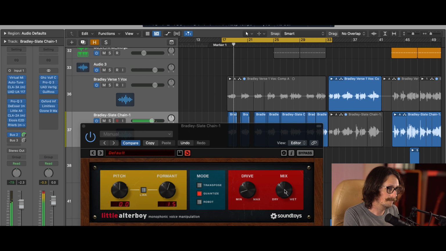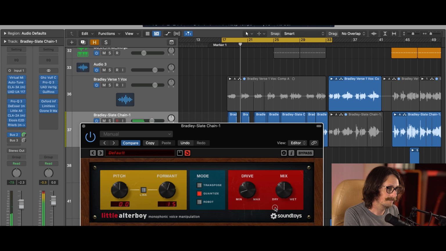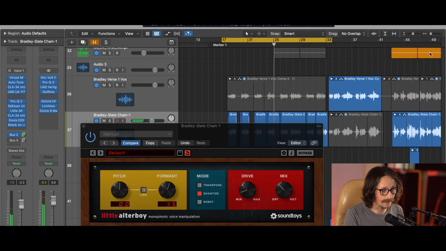Another night on the town, hand in hand all alone, right down the boulevard, floating out the window. Okay, so really, really cool tool to give your vocal some texture, give it some, you know, the format